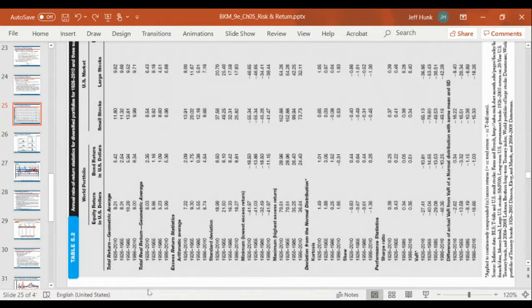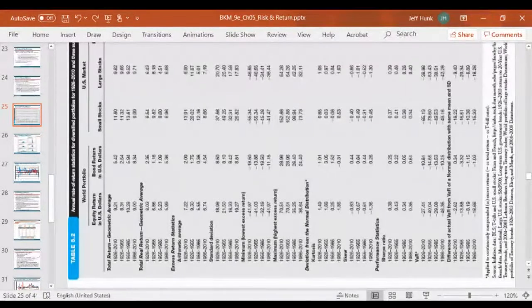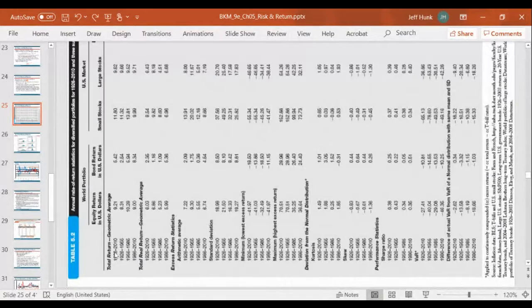It's almost like 30 years each. It's not exactly 30 years in the last sub period, but previously. And then total return is basically nominal return. So they also took real return, and then excess return, right? Excess return is basically risk premium, right?